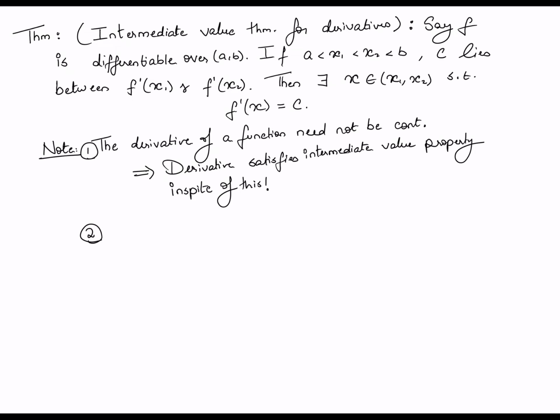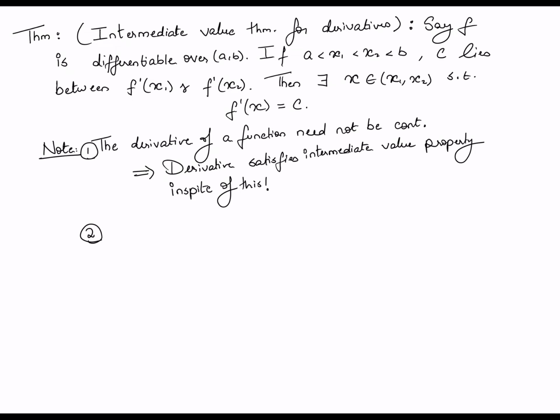Okay, so I leave it for you to actually come up with examples of this kind. An easy search on Wikipedia or on Google will show you examples of differentiable functions whose derivative is in fact not continuous. And go back and check in those examples that the intermediate value property still remains satisfied. Okay, another thing to note, which is also a consequence of this theorem,